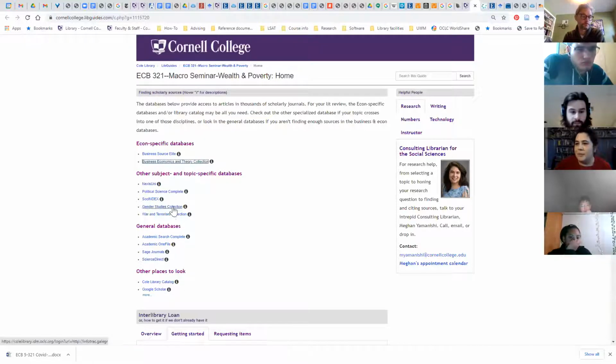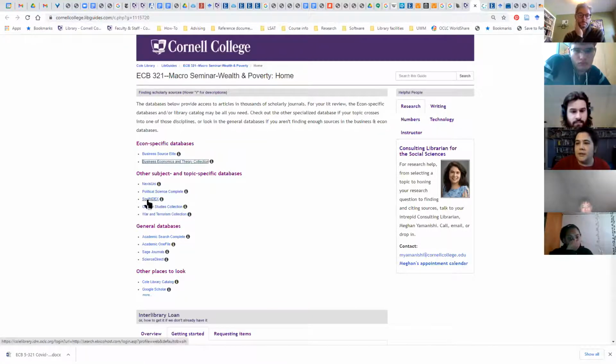I included a couple of really, so Nexis Uni, this is our legal database, but also a business database. This one has the steepest learning curve of probably any database here. But it also has more stuff in it than any other database that we have, probably. So if you happen to want a legal perspective, or if you want to get into some specific company stuff, this would be one to look at, but ask me about it because it's hard to use.